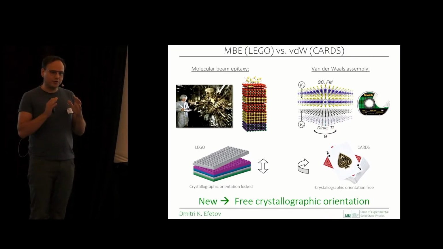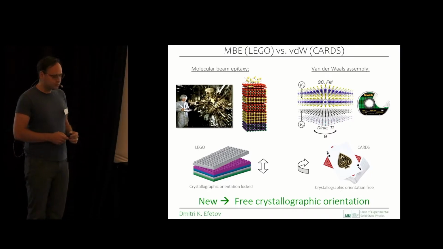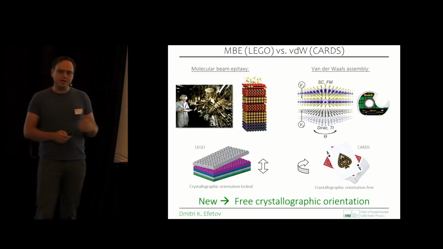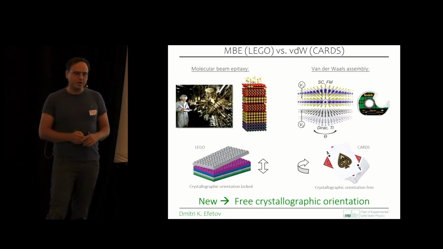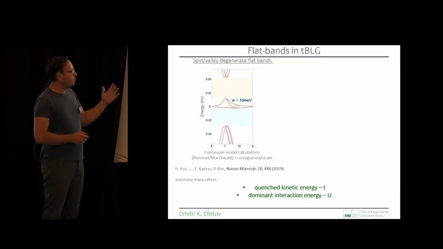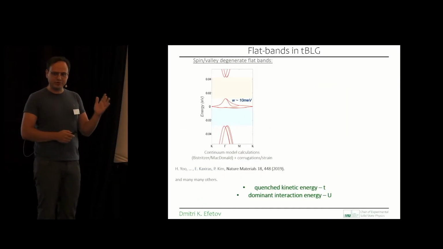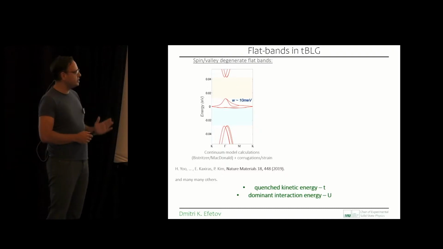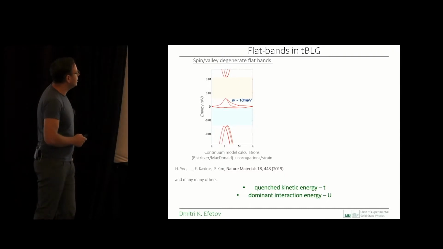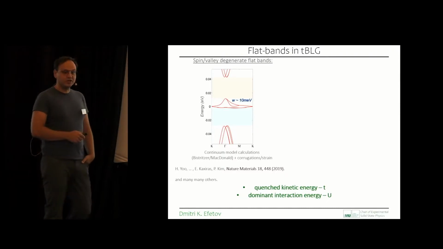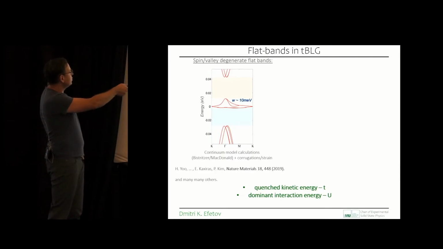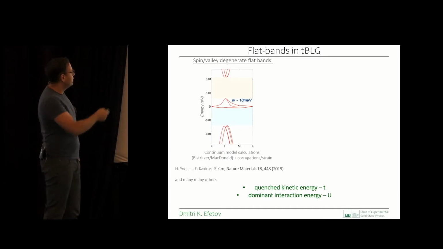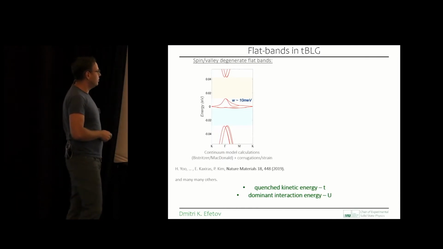And so for the sake of twisted bilayer graphene, what happens is that this moiré superlattice strongly renormalizes the band structure. And the band structure which we're getting for a twist of 1.1 degrees, so exactly 1.1 degrees, is the magic angle in the system, we get a set of extremely flat bands. And so these flat bands are here at 0 energy. They're in the order of 10 meV in bandwidth, and they're separated with larger band gaps to higher order bands.